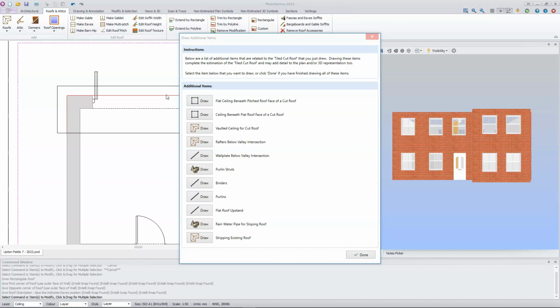So you'll see we've got two options here for a flat ceiling beneath a pitched roof. There's also an option for a vaulted ceiling for a cut roof as well. And then the middle option is for a ceiling beneath a flat roof face of a cut roof. So the one we're going to go for is the top option in this example. You could equally use a vaulted ceiling if that was appropriate for your job. So if we click where it says draw,